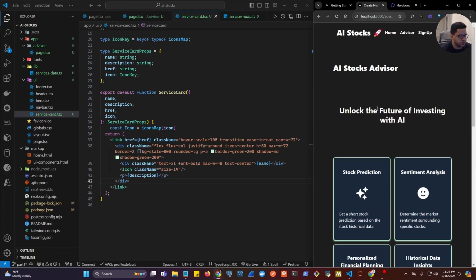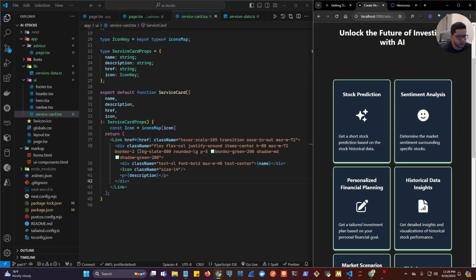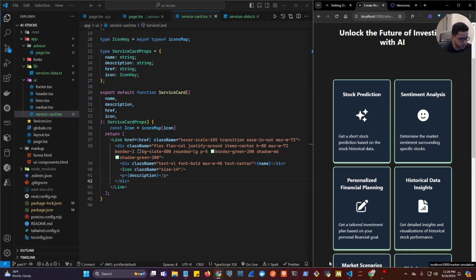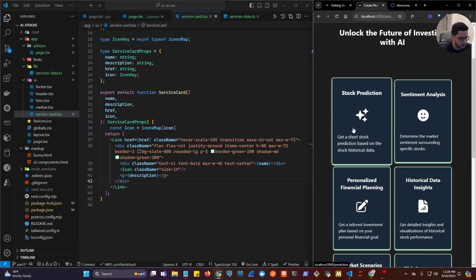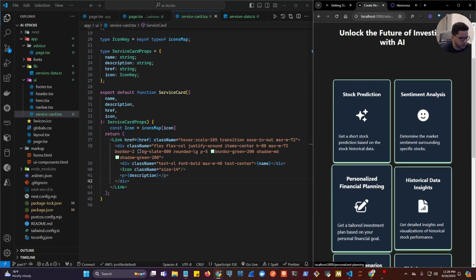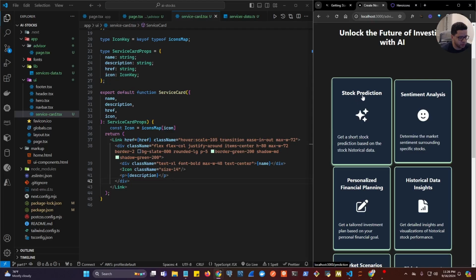Cool. So now we're ready to allow the user to click on the service cards here, and then they should be able to navigate to the service. And the first one here, remember, when you hover over this, you can see at the bottom of the page the address where this is going to go. So it's going to go to /prediction. This is going to go to sentiment analysis, personalized planning. And for now, we're going to work on the stock prediction here, where we're going to get a short prediction based on the stock